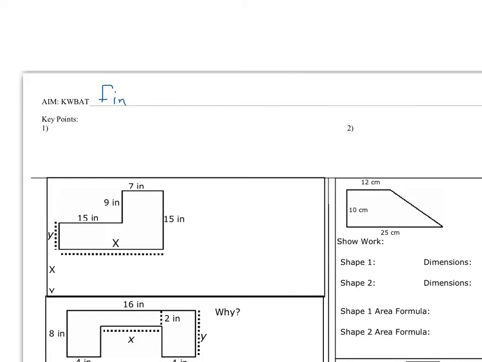Find the area of irregular shapes. We're going to be finding the area of irregular shapes. Now, in order to find the area of irregular shapes, one skill that we're going to have to be able